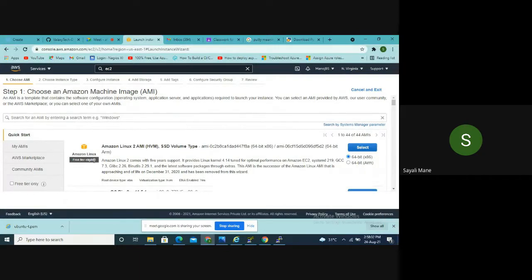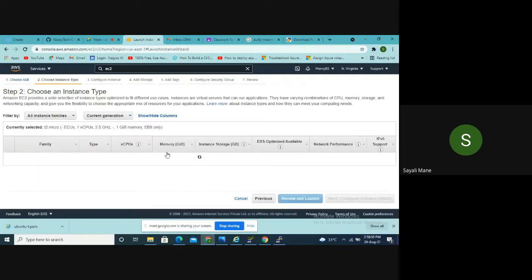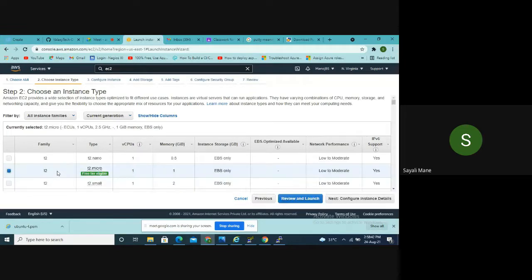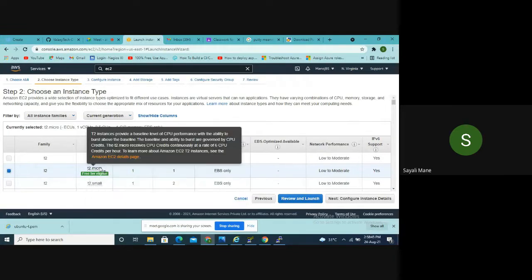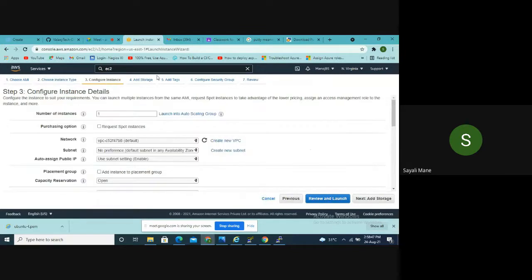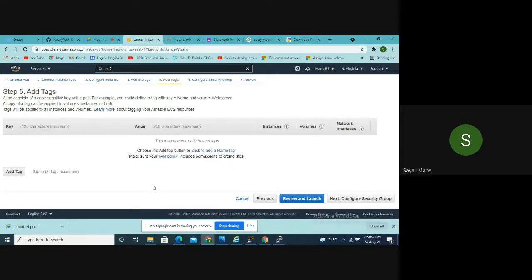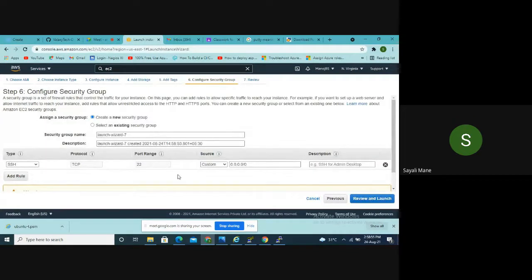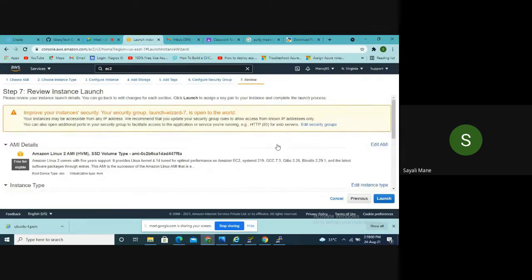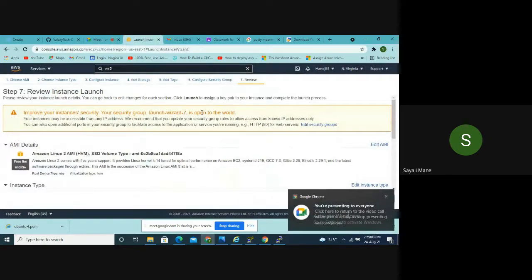Make sure free tier eligible is there or not. 64-bit x86, you have to select this, click on it, and then choose instance type, configure instance, add storage, you can add tag, configure security groups, or you can use the existing one also, and then click on the review button. After that, with the help of PuTTY key and PuTTY generator key, you can connect the two different Unix machines.